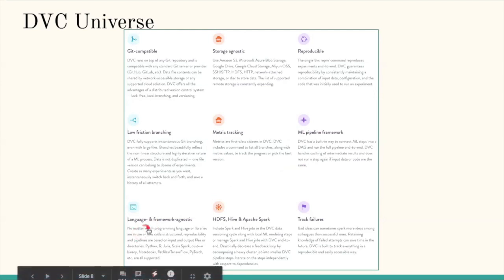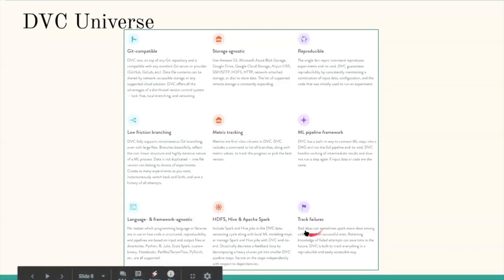Then, just like Git, it's also language and framework agnostic. You can have any language project like Python, R, or anything. It need not be just data science training or anything specific. You can have HDFS or Apache Spark jobs defined in pipeline stages of DVC so that even those can be made reproducible.